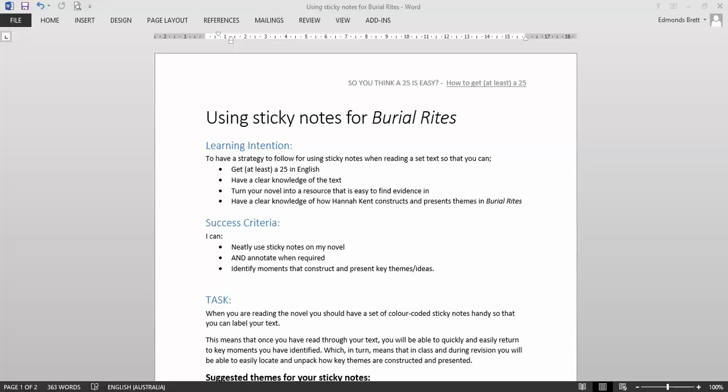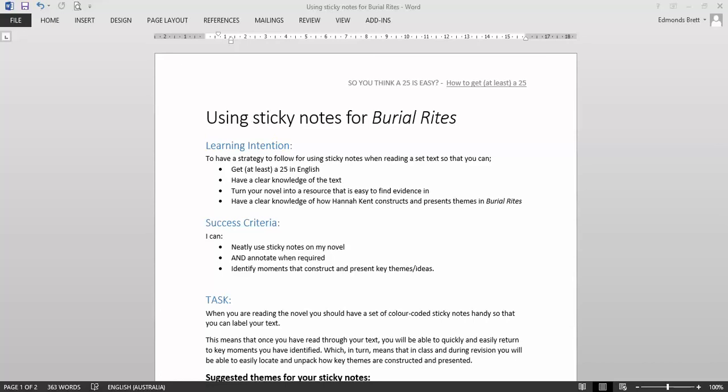So for your Year 12 transition and for your first tech study of the year, Mrs. Tyzak and I got our heads together and we thought one of the ways that you can really unpack and understand our first text, Burial Rites, is using sticky notes to look at the themes and ideas that are at play in the text. So the learning intention for us, and this is hopefully going to be an ongoing thing,